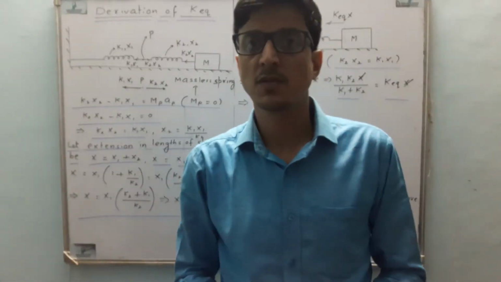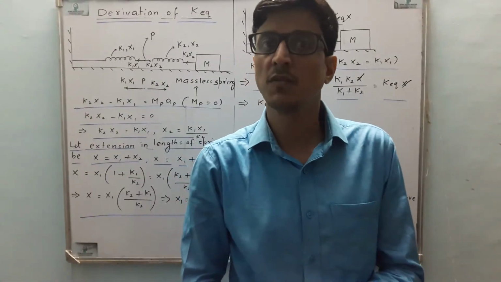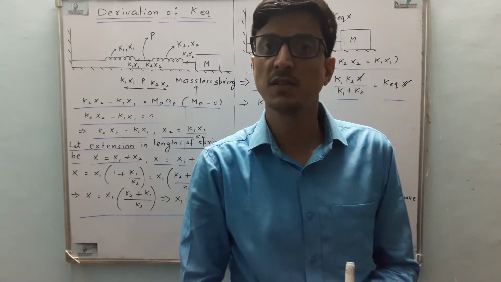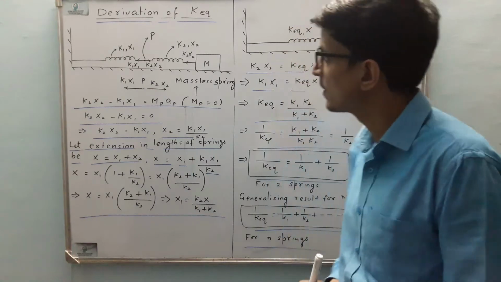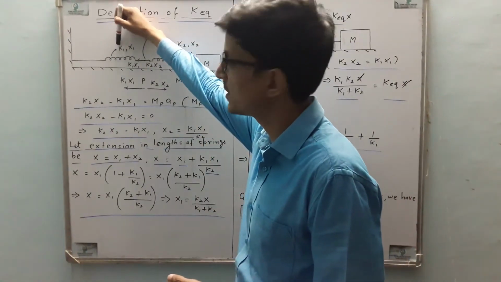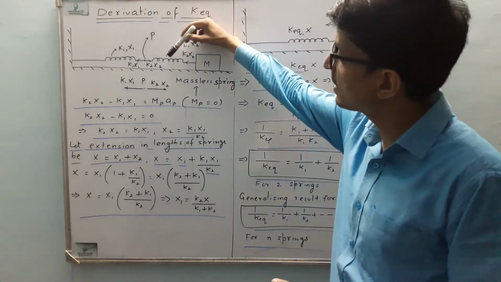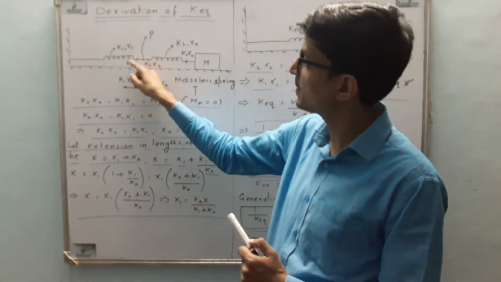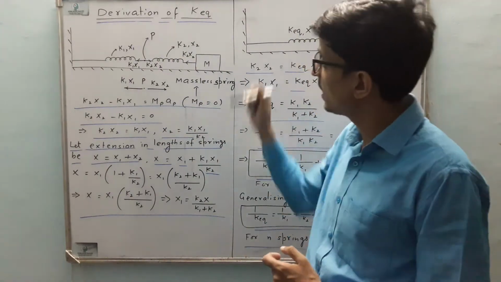Today I'll discuss the derivation of K equivalent of a combination of springs when they are connected in series combination. So let us suppose there are two springs. The first one has a spring constant K1 and the second one has a spring constant K2. Let us suppose when you expand the springs, the first spring gets an extension x1 and the second spring